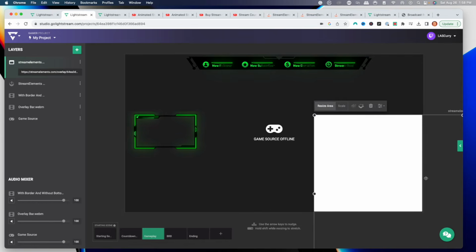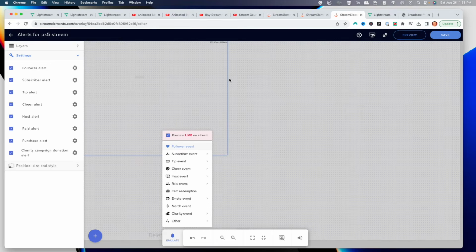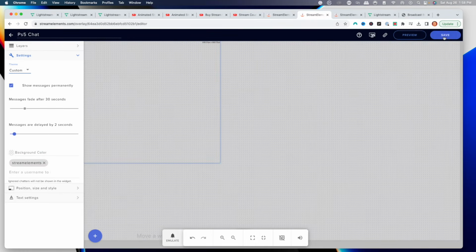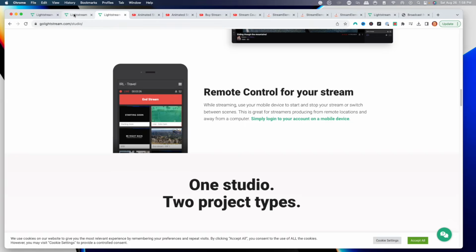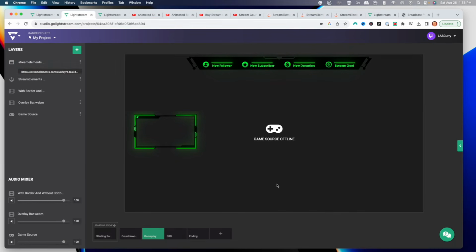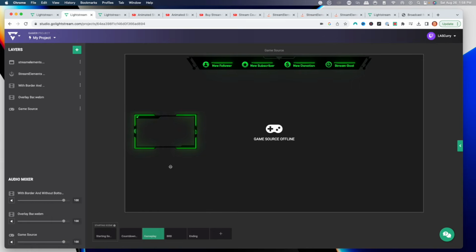Once you know where it's at so you can see it, now you come back here to StreamElements, you go to white chat and you go to custom, and now it makes it transparent. And when you hit save, it automatically uploads right away. So you can see that my chat is now transparent. So now I've added my chat, I've added my overlays, I've added my webcam overlay, and now I've added here